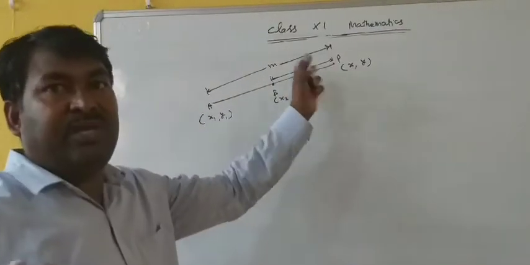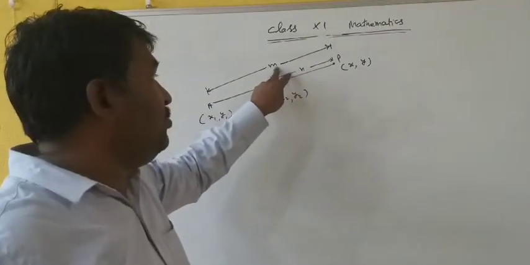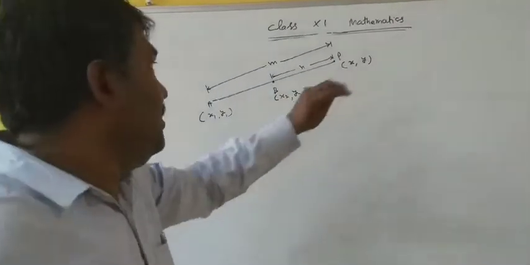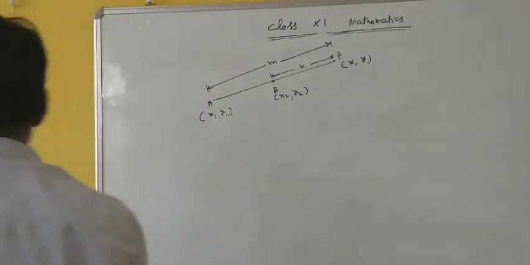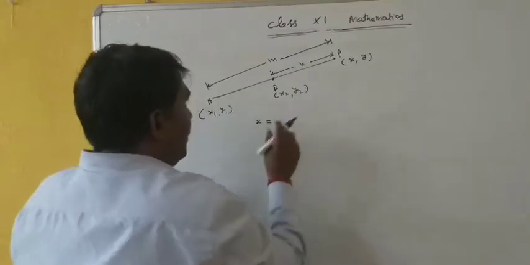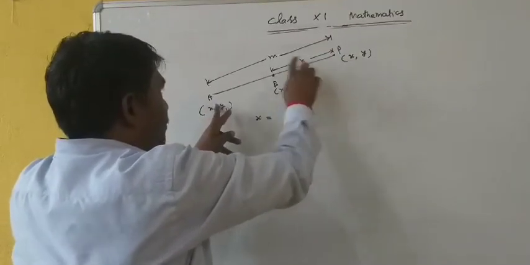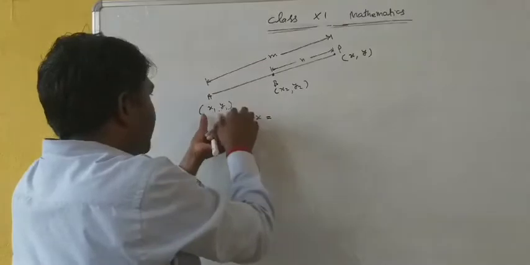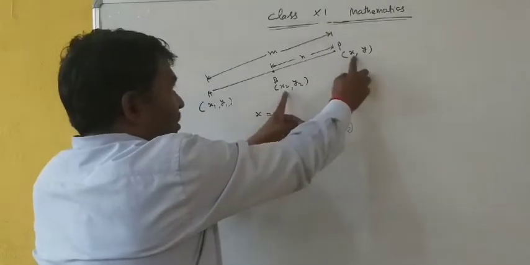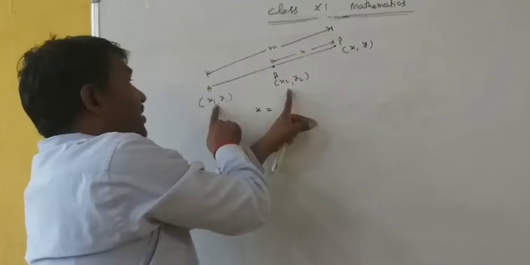Okay. So you can be given the ratio m to n. You need to be careful that if you are given the ratio in external division, then the larger value will be taken as m and the smaller one will be taken as n, meaning the outside part. Now see, here the x coordinate will be found in the same way. This m belongs to between these 2 points, so this m will not be multiplied with any one of these coordinates. It will multiply with these coordinates, and n belongs to these two coordinates, therefore this n will not be multiplied with any one of these two. This n will multiply with this one.